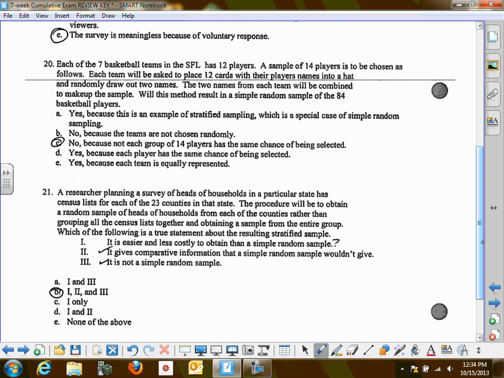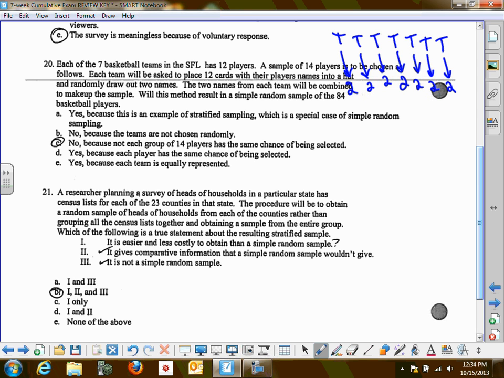All right, I want to talk about number 20 because this is an important thing to understand. And this took me a couple of times finding these kinds of problems to fully get what it was saying. So let's look at number 20. This problem is saying that here's the way they are sampling. They have 7 teams. So here's all the teams. Okay, and then they're going to get 2 from each team. And so that's how they get their 14. All right, so now,